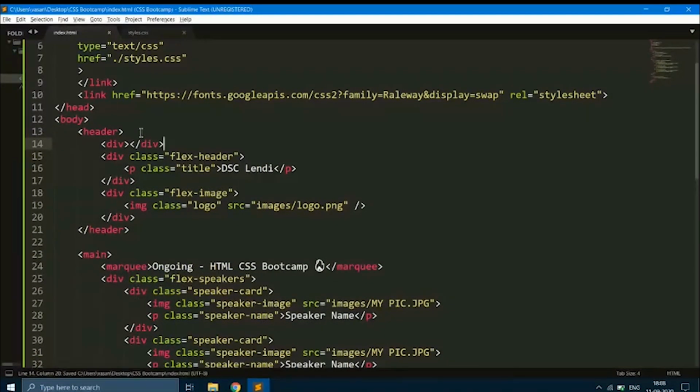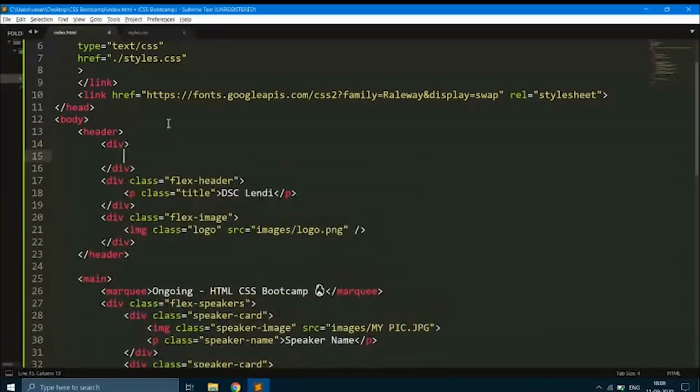This is nothing but your empty block. Division is a block where you can insert some block of code. This becomes simpler to write the code in the divisions. Division allows us to structure our HTML code.